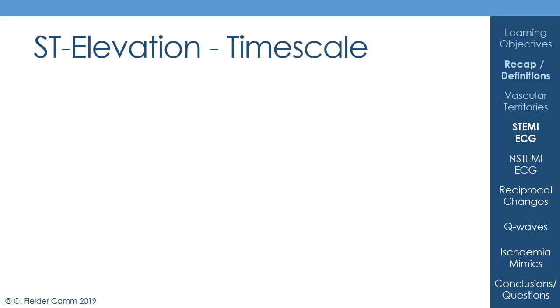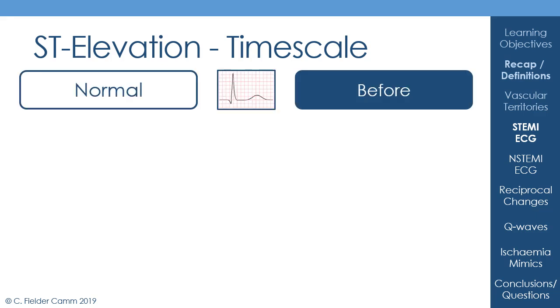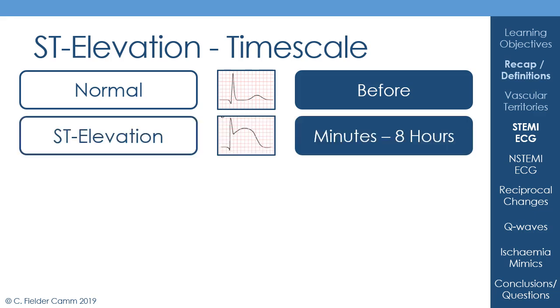So, ST elevation. If somebody's having an ST elevation myocardial infarction, the ECG changes that you get occur over a pretty standard period of time. And so beforehand, you have a pretty normal looking ECG here. So you've got flat ST segments and an upright T wave. And then within minutes to up to 8 hours, ST elevation develops. And really this is an early sign. You can see here that our J point, just where the QRS complex ends and the ST segment begins, there's